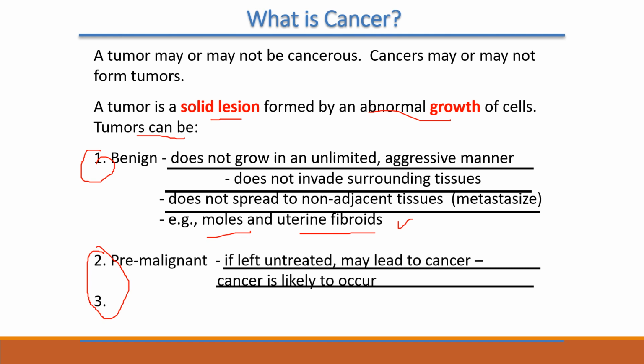So you have pre-malignant, which are ones that if you leave them untreated, they might lead to the presence of cancer. It's likely for cancer to occur, and later the malignant. So here they have an extra step between benign and pre-malignant and malignant. Depending on the book, depending on the author, you will have different definitions,